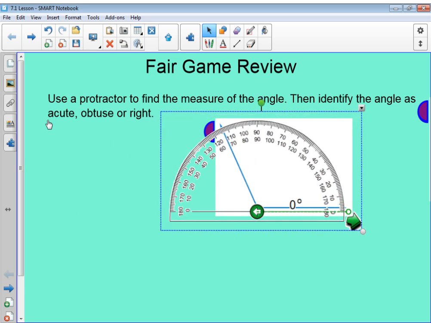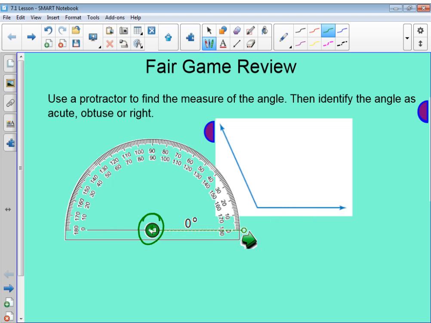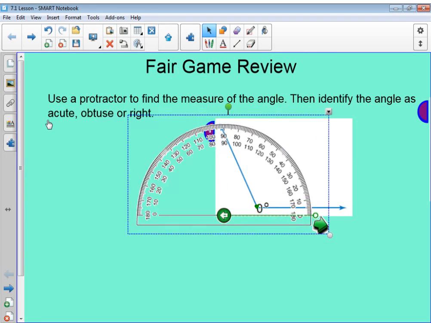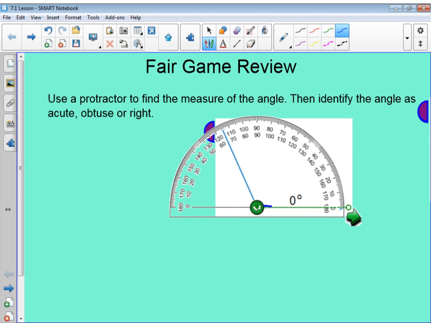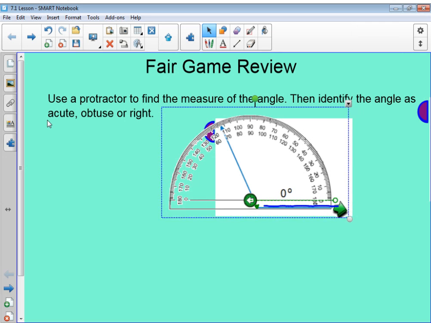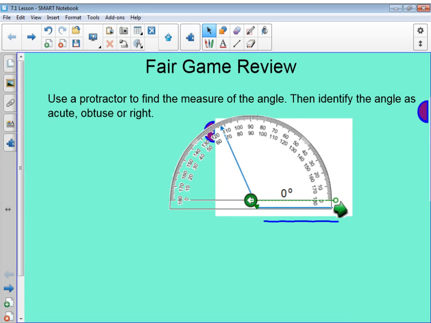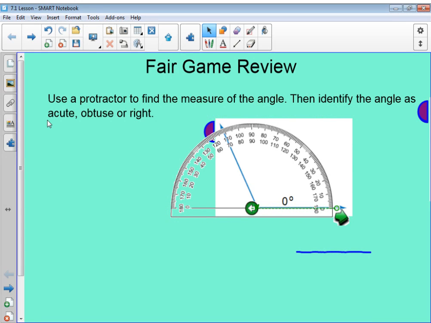So we're going to take this. We're going to line up the center here. That part has to fall in the center or our vertex of our angle. So we're going to go ahead and line those up. We're also going to make sure that this bottom line that you can see kind of as a dashed line on here is cutting through our bottom angle. And we can see that it is. If we need to, we can kind of shrink this up a little bit and I'll reline up here. So that you can see that my arrow is also pointing